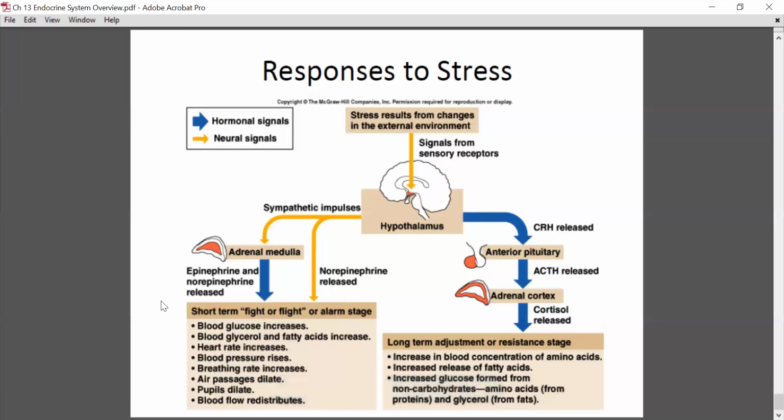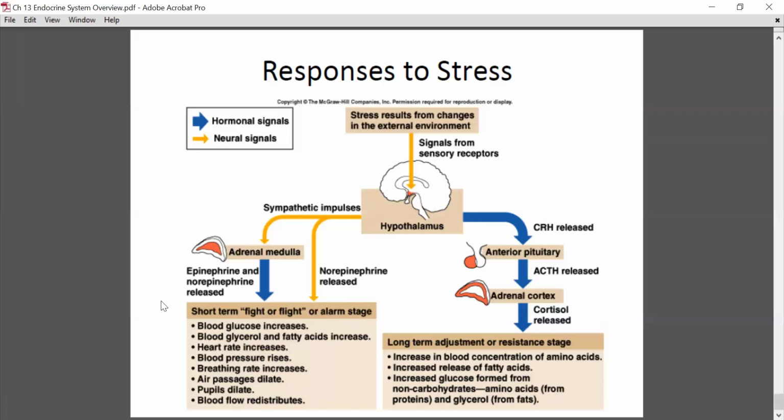It'll create that short-term fight or flight response where you have an increase in blood sugar so that you can have sugar to get to the muscles so that your muscles can either fight or run. If you run out of sugar to produce ATP, you run out of gas, you cannot run, you cannot fight, you're automatically eaten by the Rottweiler, game over. Your body doesn't want that. So the stress response helps you to produce glucose so that you can have quick energy to get out of